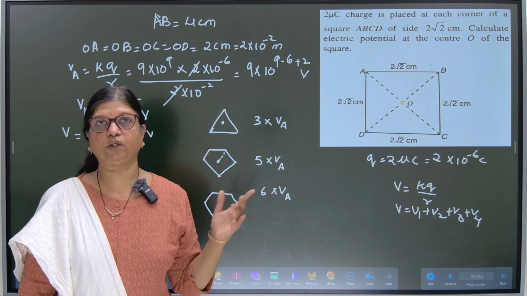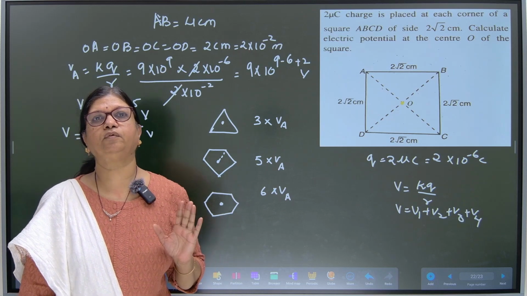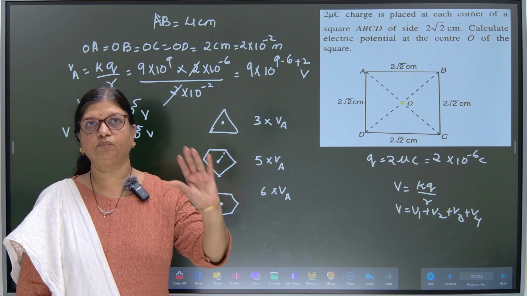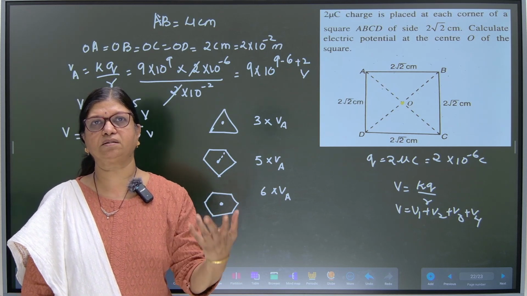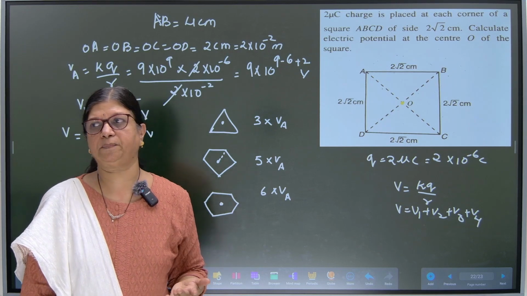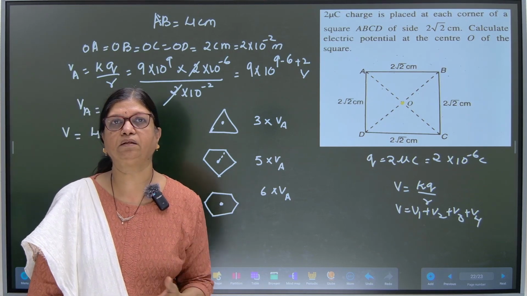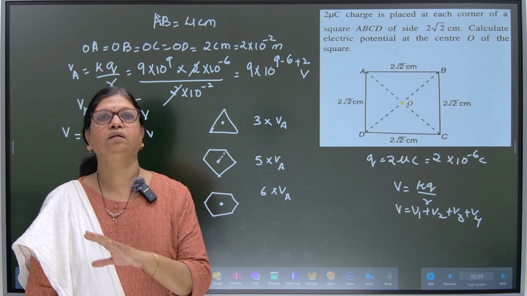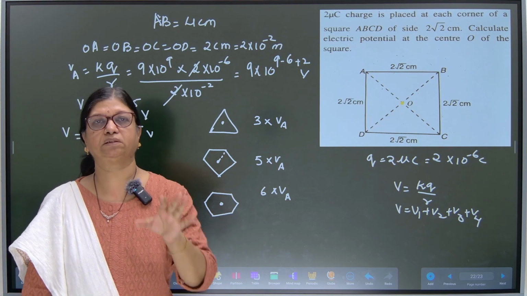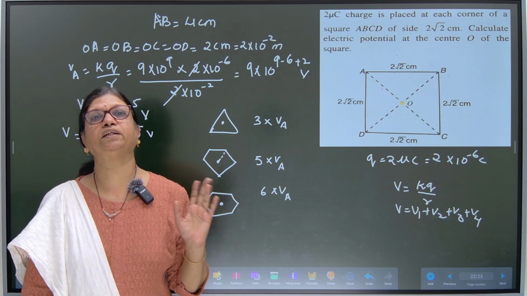A cuboid also, we are going to do that type of numerical also. The same method we have to follow. Fine? Okay? So, from one numerical you try to make what will happen if it is a triangle, what will happen if it is a pentagon, what will happen if it is a hexagon, regular hexagon, pentagon, equilateral triangle. Then the same method we have to follow, just multiply it by the number of vertices. Fine? That would be easy for you to understand.